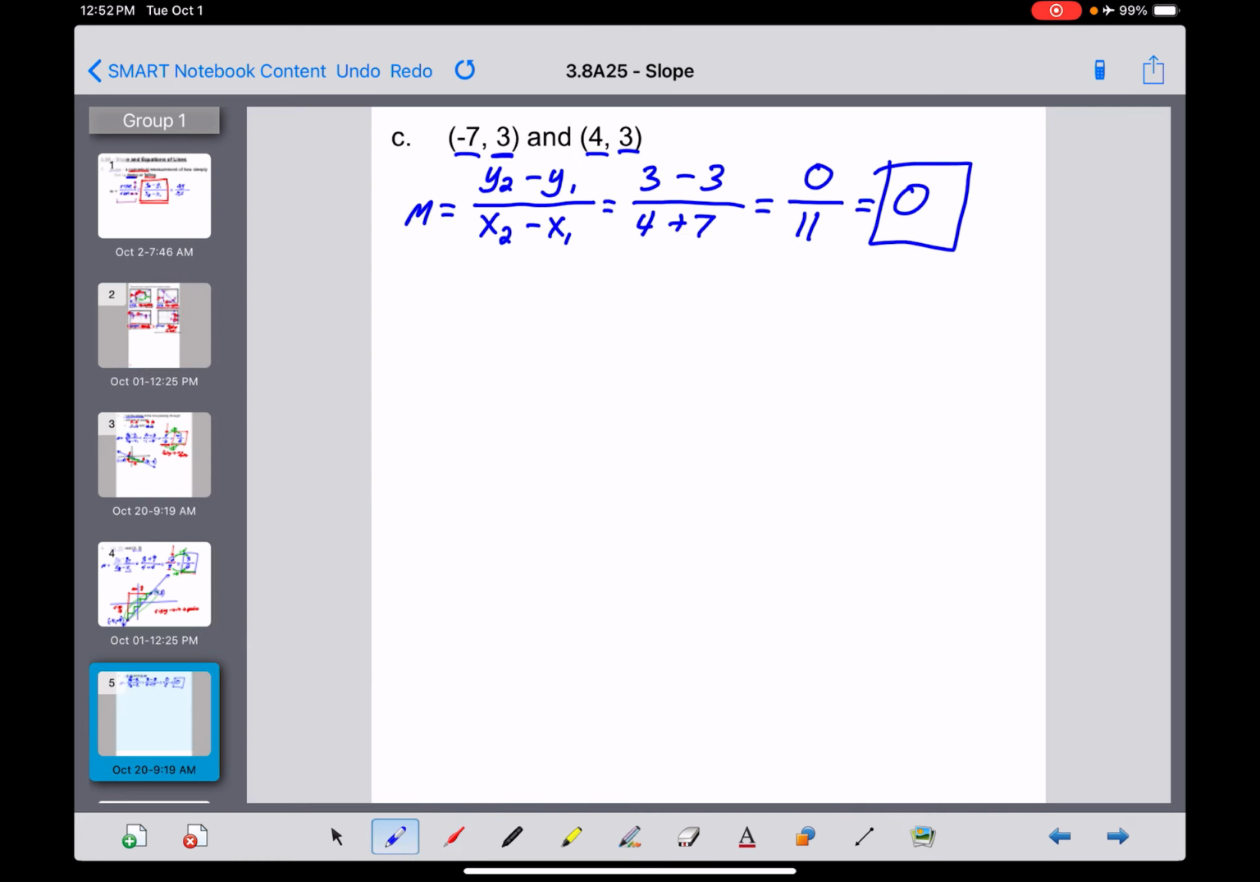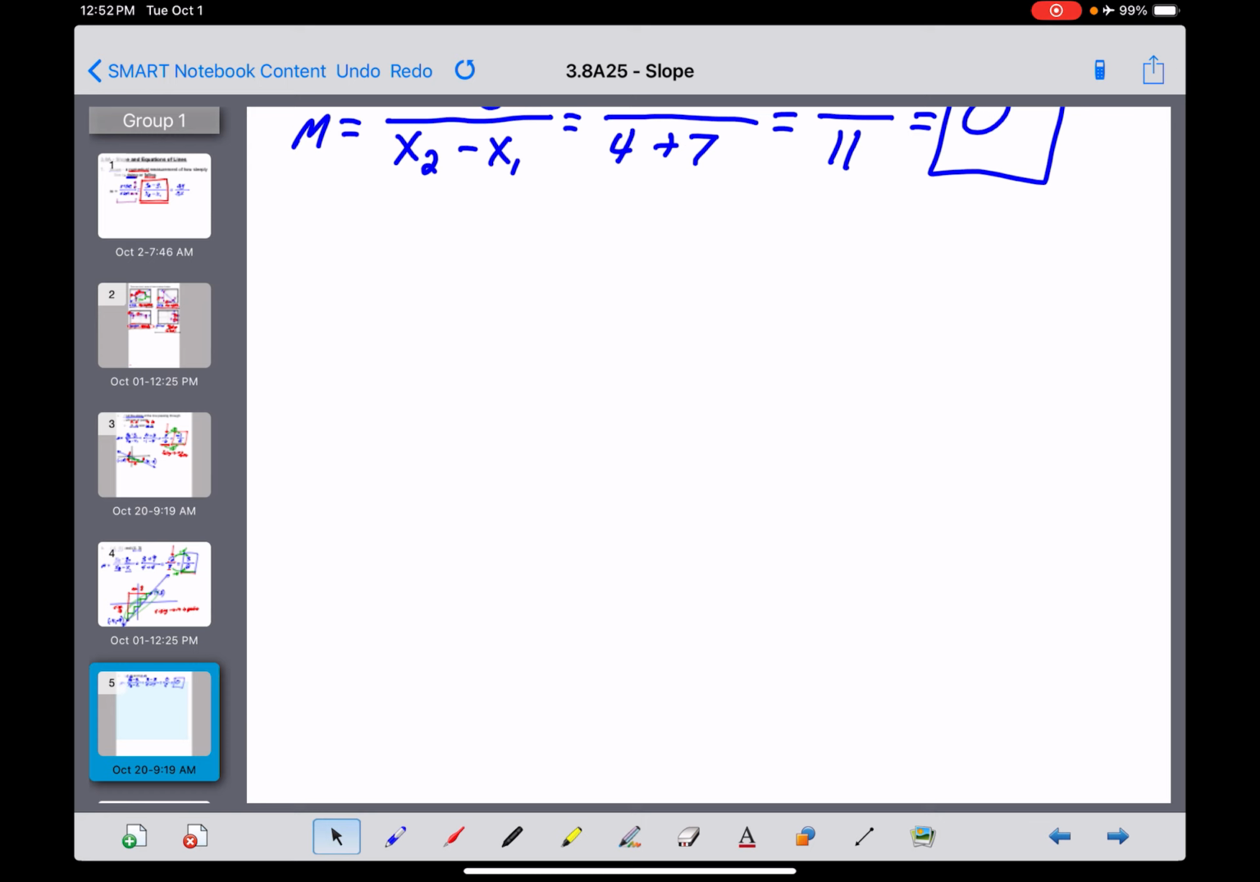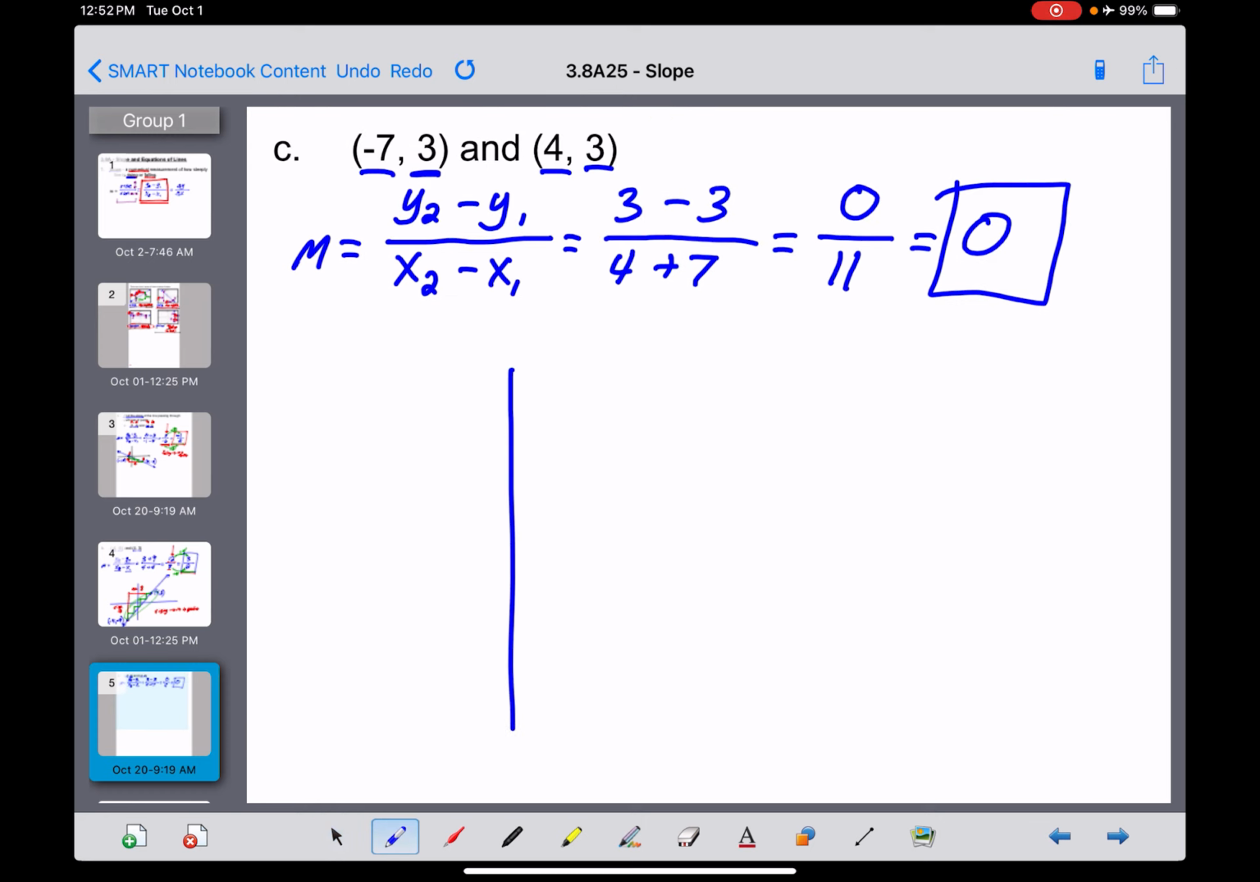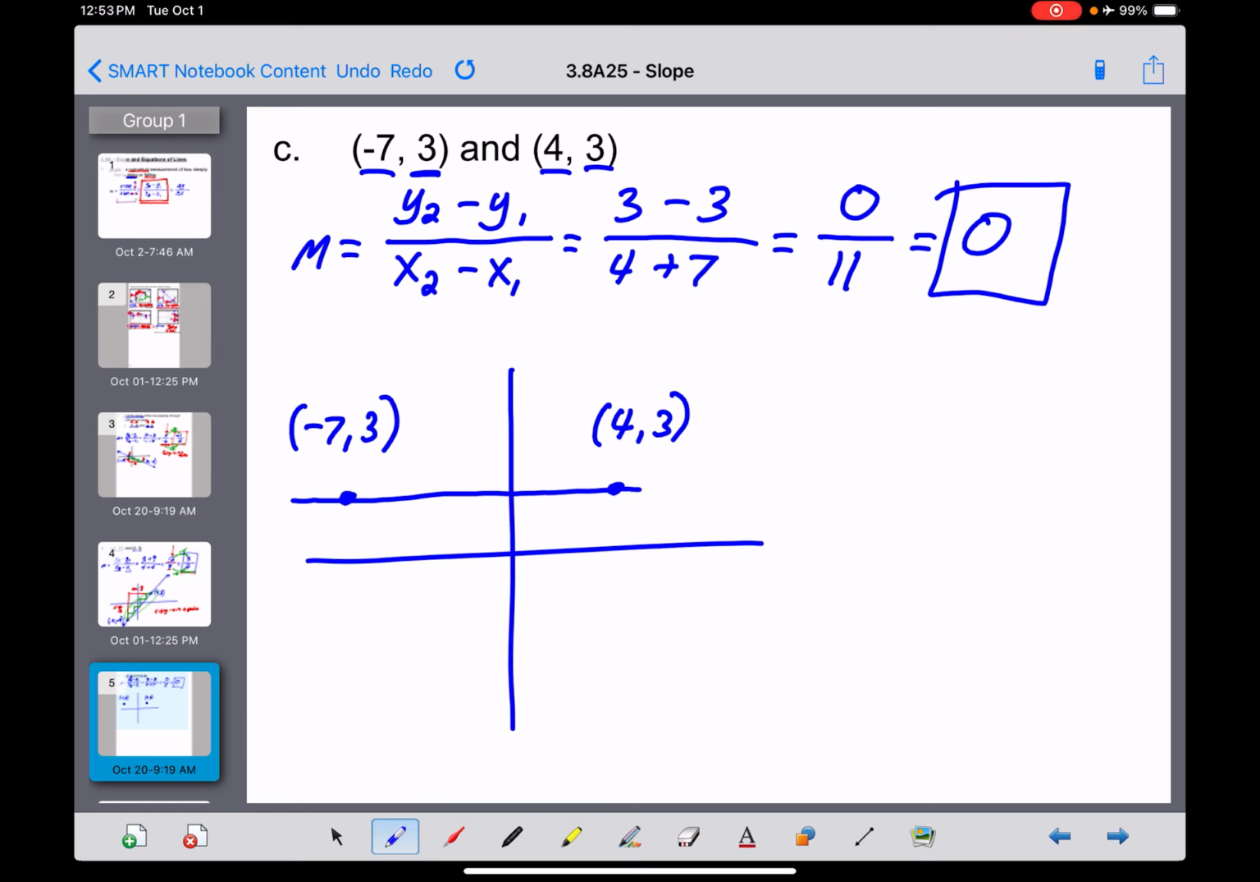So maybe we could just do another quick graph here and see if this makes sense. Okay, the point -7, 3 means we're going left 7 units and then up 3. So I'm right about here somewhere at -7, 3. And my second point, 4, 3, means we're going 4 units to the right and 3 units up. So here is 4, 3. And when we go to draw the only line that passes through those 2 points, sure enough, guys, we see that this line is